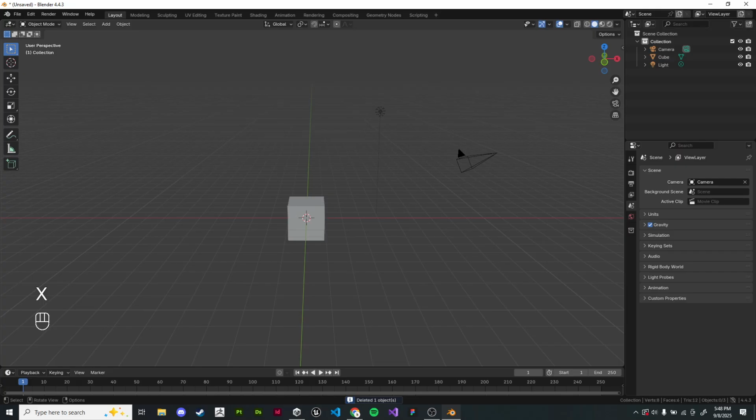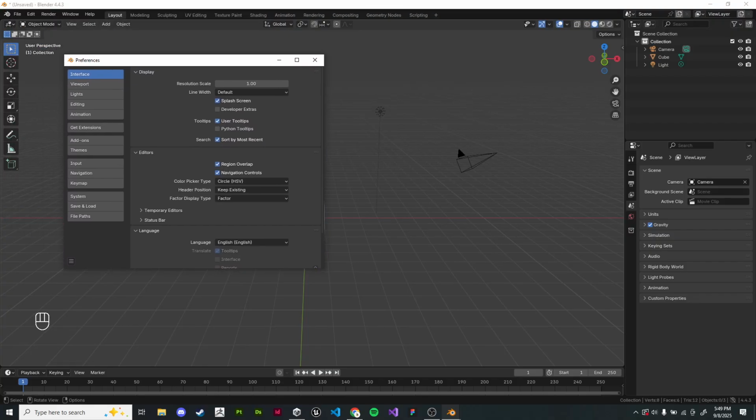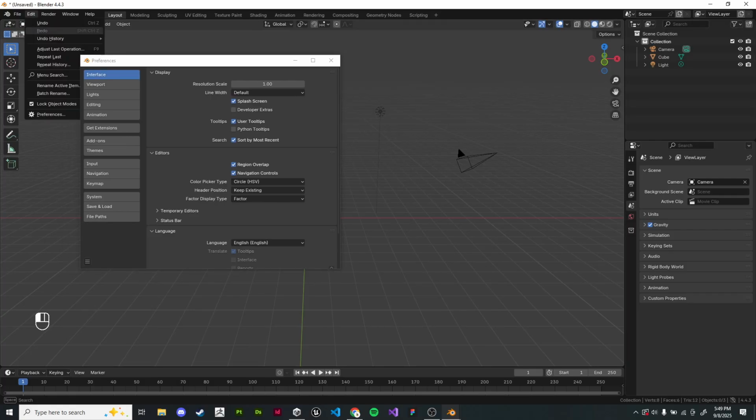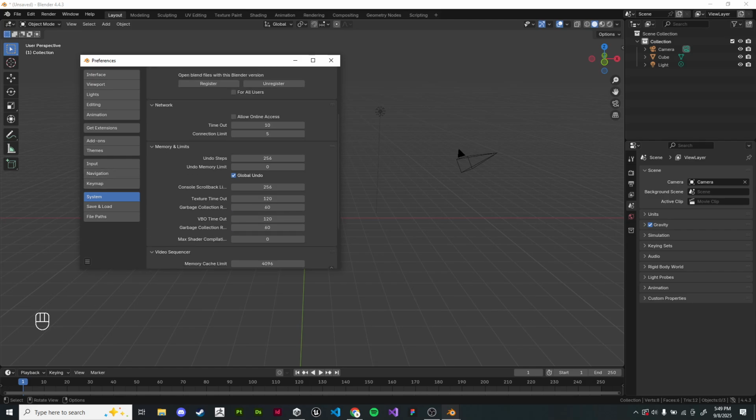For the other group now, so that's for the numpad people. For the non-numpad people, here's how you can fake having a numpad. Up in the edit panel, we go to preferences. Okay. And then under system,